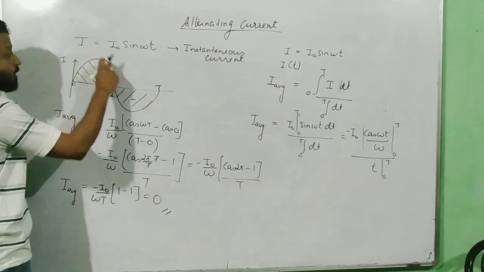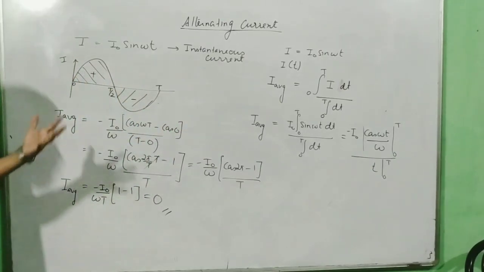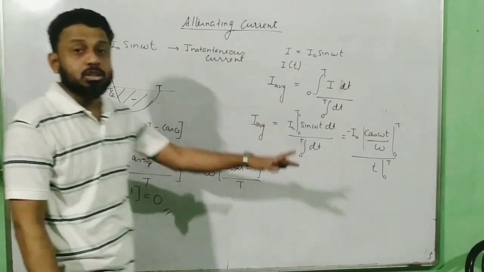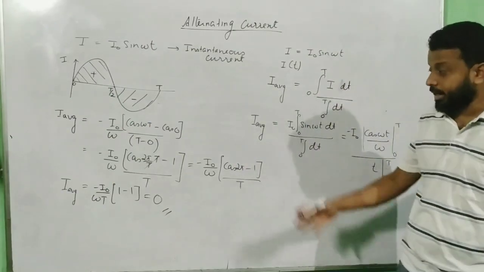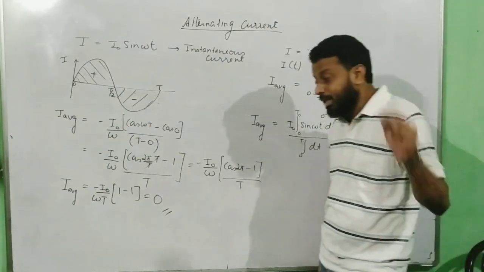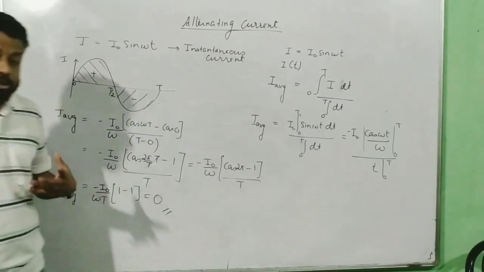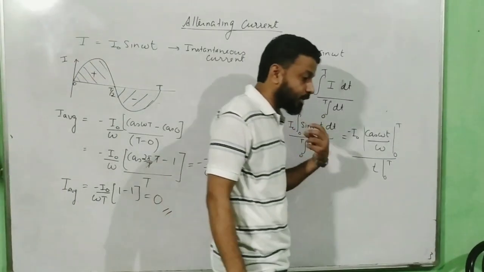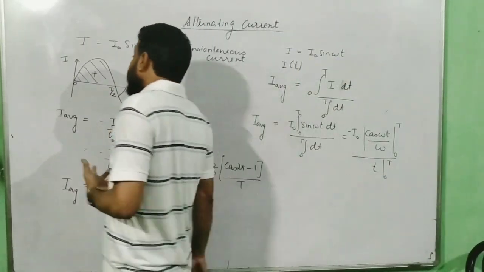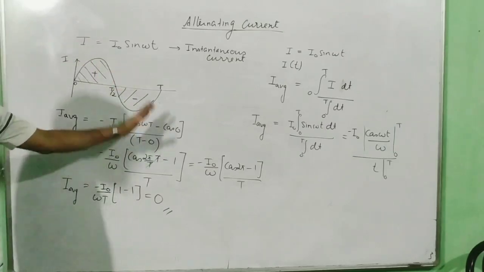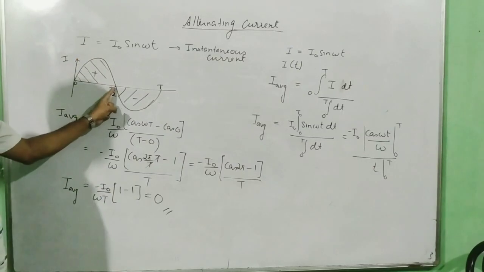So when I do it for the full cycle, what I have done? I have clubbed together the positive area and the negative area. So the whole area, the net area, becomes 0. And obviously that function will have an average value of 0, and hence the current has an average value of 0. This is the reason why, when we wish to calculate average current, we don't find it over the full cycle. We find average current for half cycle. That means not from 0 to T, but only from 0 to T by 2.